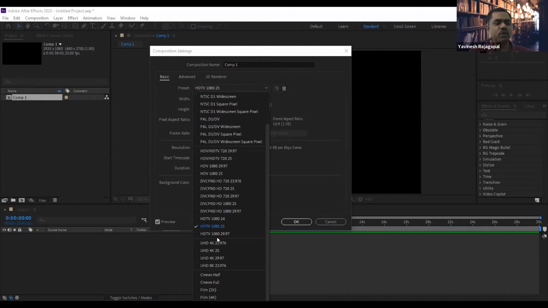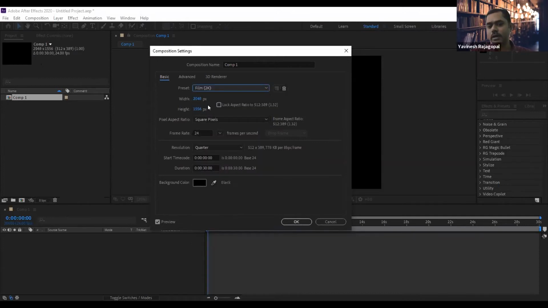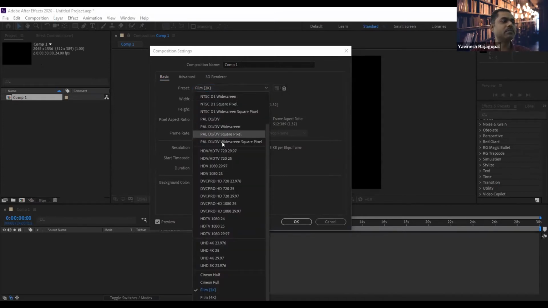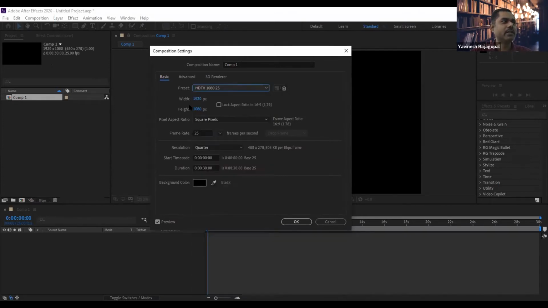You want to show your client the best resolution, so you can put 2K. Do we have 2K here? Yeah, film 2K, you can do this. If you want to put high res. Or else for normal purpose, you just maintain at full HD size, 1920x1080. All right, so when you create one video at this resolution, and for other platform, let's say WhatsApp,